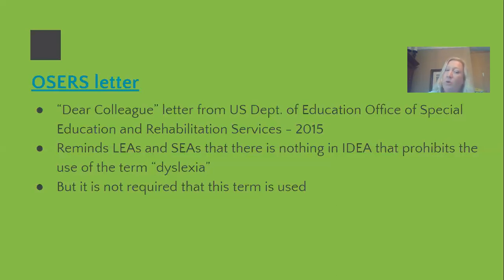It does also not require that the term be used, which can get really confusing, I think, in Iowa. If you didn't know this, as a school psychologist I'm pretty aware of it, but we are the only state in the country that has non-categorical special education eligibility. So we don't have to decide that the student meets criteria for specific learning disability versus autism versus a behavior disorder versus a communication or language disorder. We can just say that they are eligible and say the areas that they are eligible in,